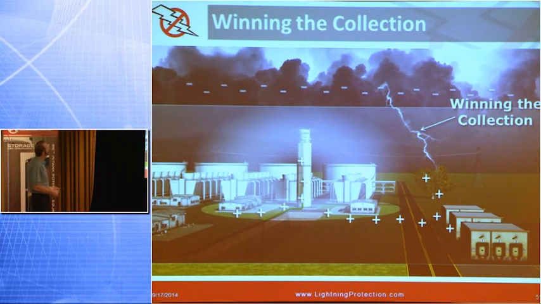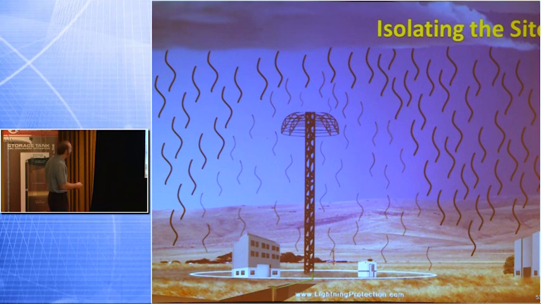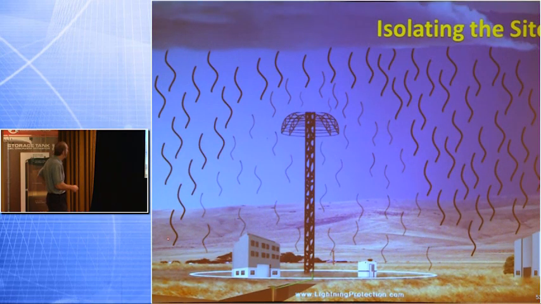Next slide here, we're showing you an example of the discharge after the strike. So here's another example. I'm going to throw this one in as a different visual aid. First of all, I hate this slide because it's got a very big array. Not a good example. But what I like about this is these squiggly lines here. This is showing you a very high electrostatic field. So these dark lines are showing you that outside the area of protection, the electrostatic fields could be 25 kV,